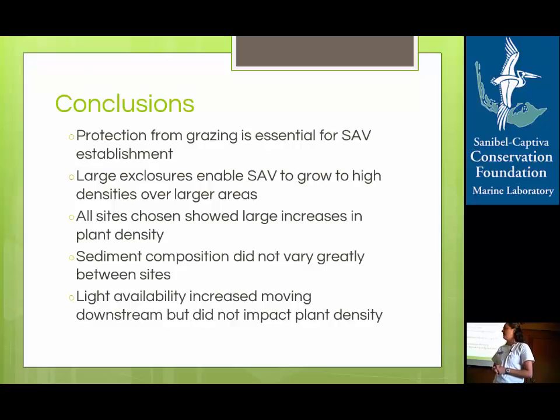And we also saw that the sediment composition in the areas that we studied doesn't seem to be hindering the growth of the seagrass, so future efforts in those areas should hopefully be successful. And we saw that the light availability does increase moving downstream, but that didn't impact the plant densities. We didn't see any differences in the plant densities between any of our sites. It could be impacting other